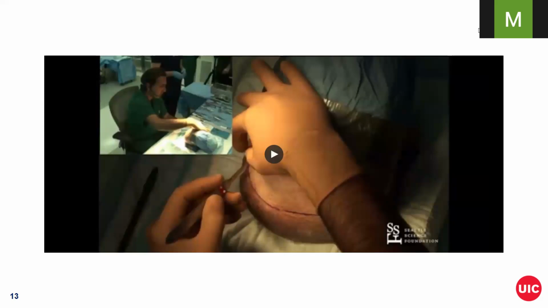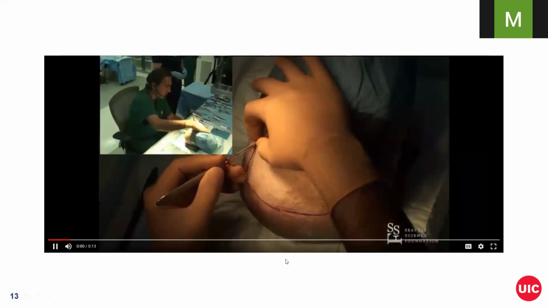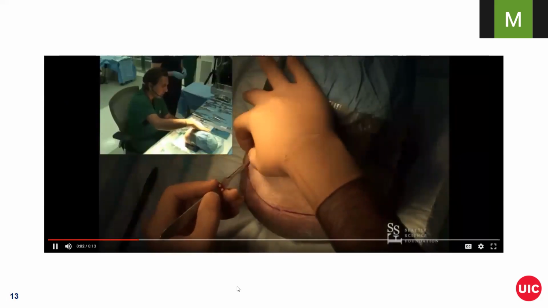This is just one example of a craniotomy procedure. To the cranium, and then